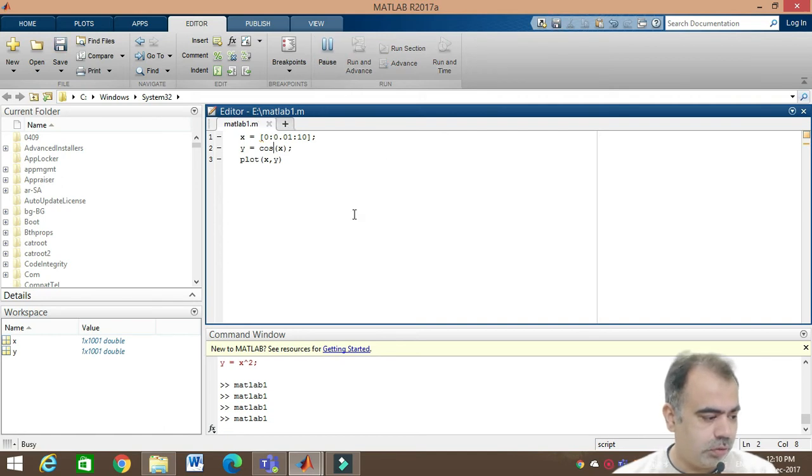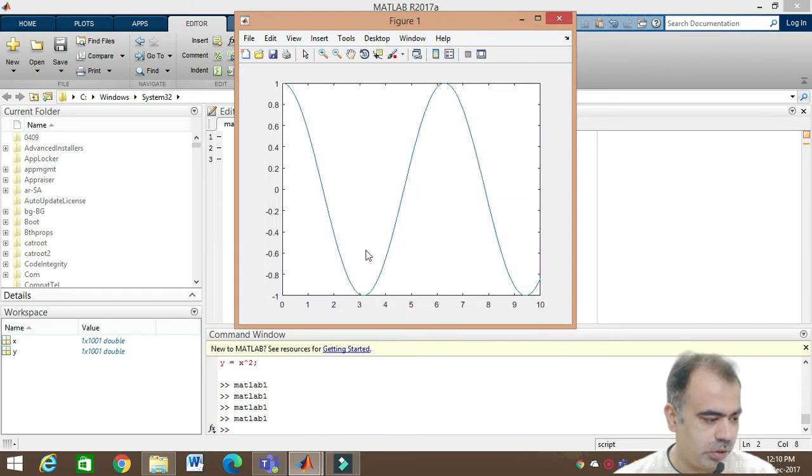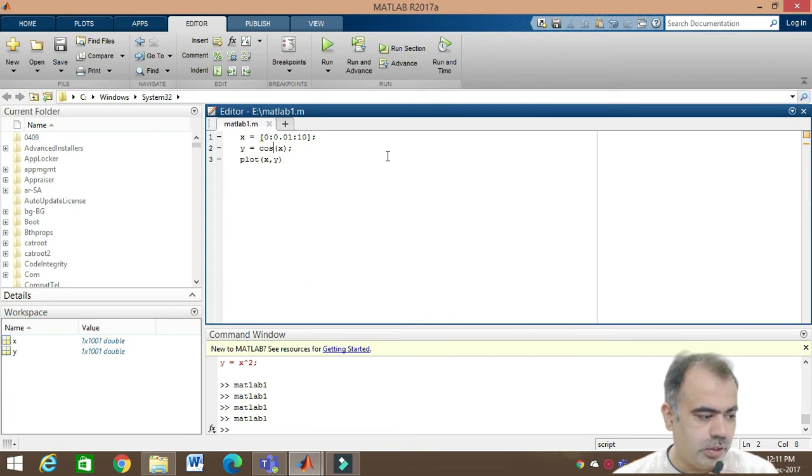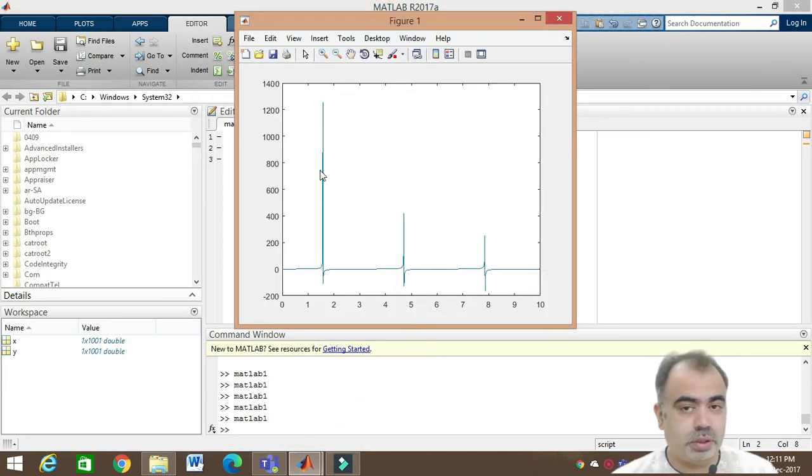Let us say after the sin x, I want to see the graph of cos x. You just have to write cos and run this. You will have the graph of cos x. The only thing is that you have to take the range very carefully. Here I am taking the range from 0 to 10 with a 0.01 interval. If you reduce this interval size, you will definitely have different kinds of graphs.